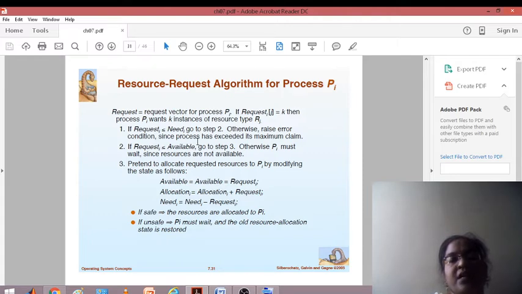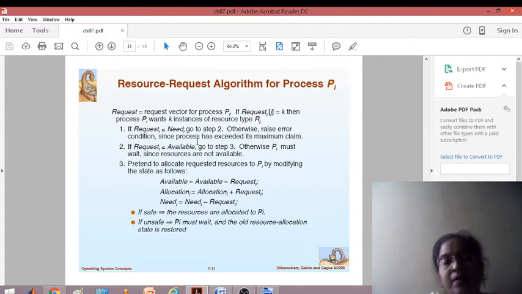Otherwise, Pi must wait since the resources are not available. So if the condition Request less than or equal to Need is true, you come to step 2. If it is not true, it is exceeding its maximum claim.